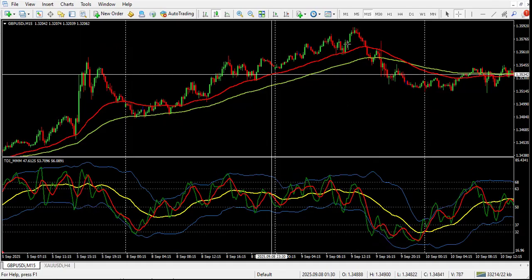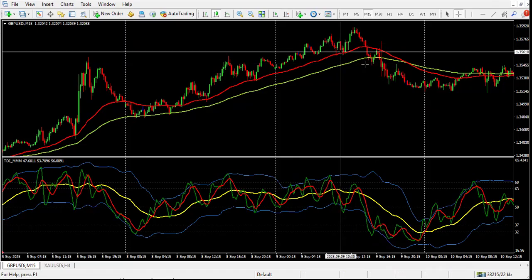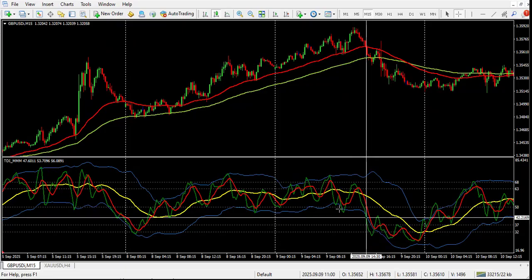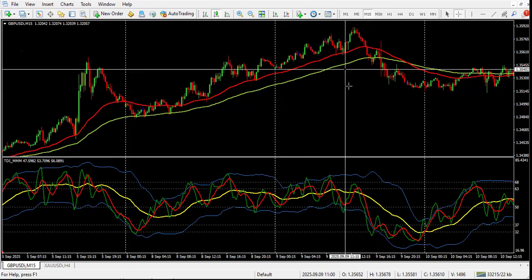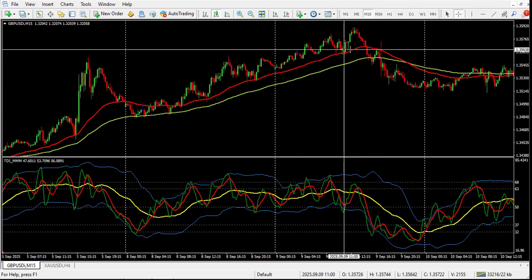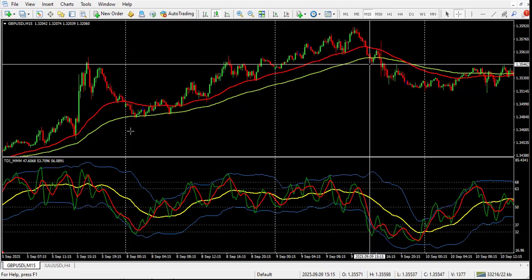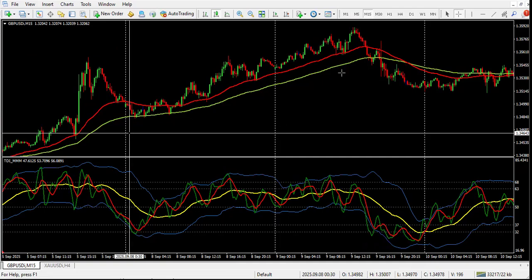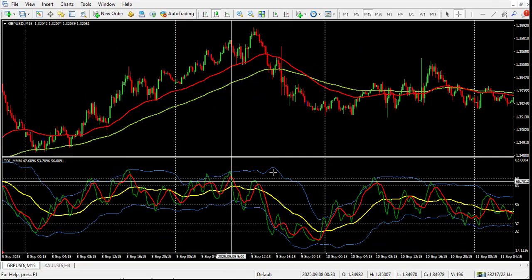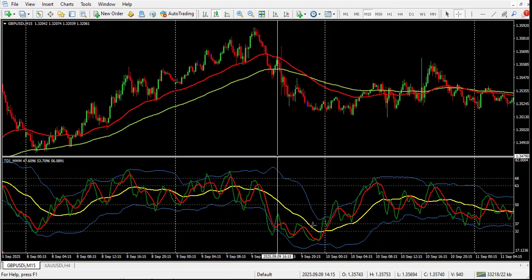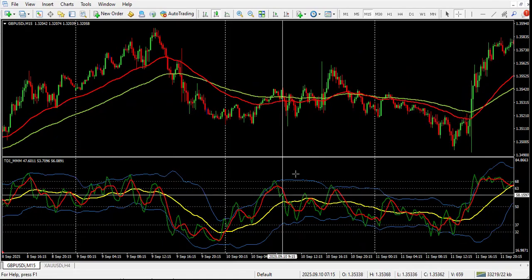Now, if you see the same, like this low is higher than this low, and this is matching, you don't want to use that. You don't want to use this hack when price action matches the TDI. You only want to use it as I'm showing you, because that's the only time that it works. Okay, there will be times when price action and the RSI match. That is not what I'm considering. I'm telling you, you want to see things be different between price and the RSI